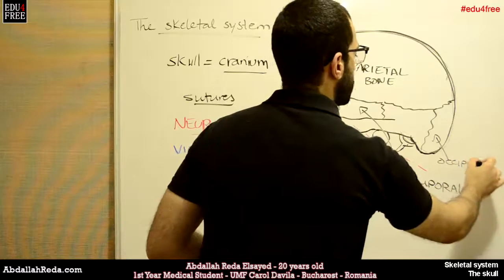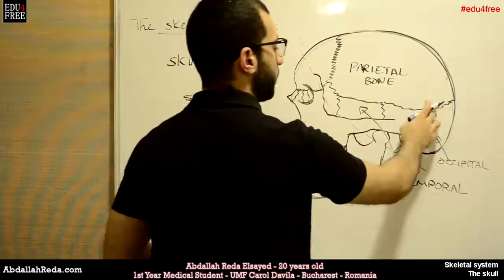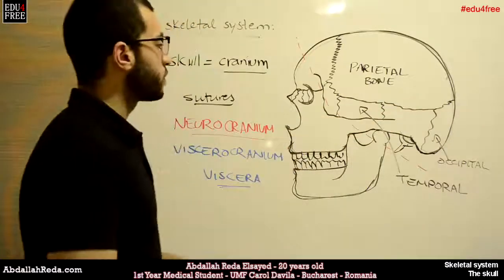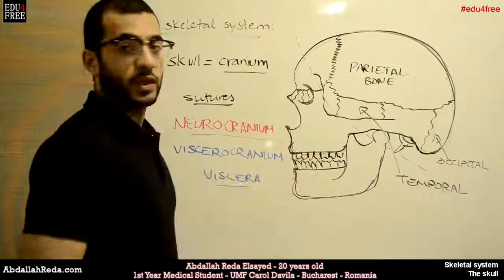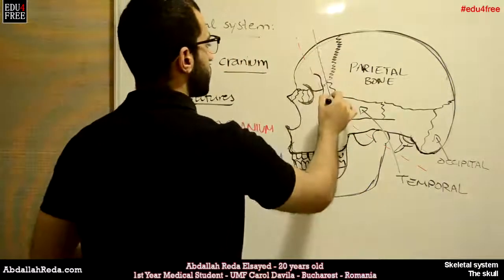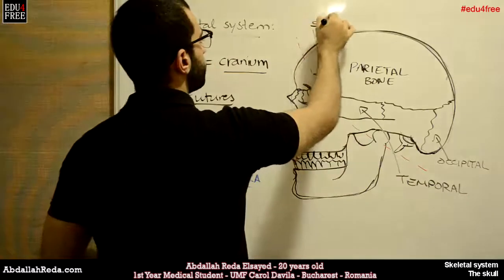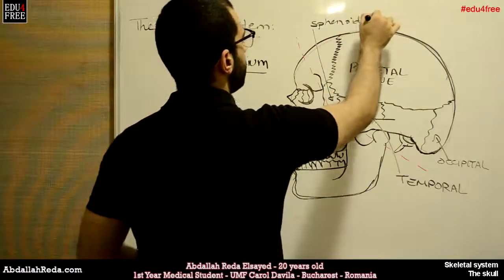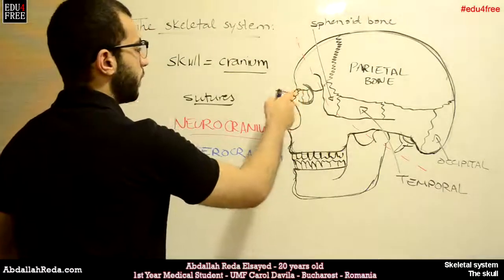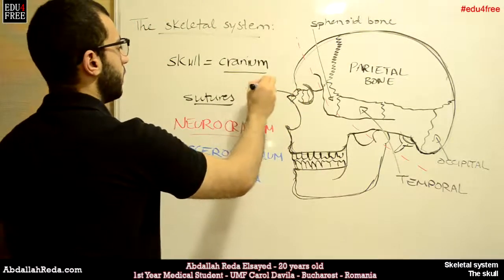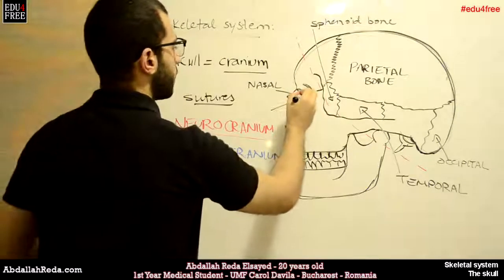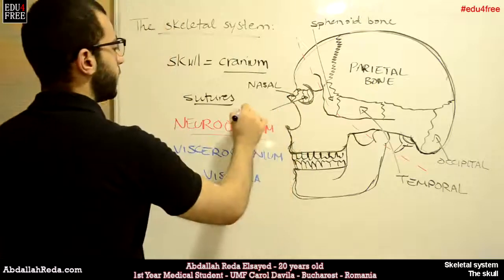because it lies just behind the occipital part of the brain, which processes the visual information that is received by the eye. We have this bone here. This is called the sphenoid bone. Also this one here, this small part here, the nasal bone. This one here behind the eye is called the lacrimal bone,